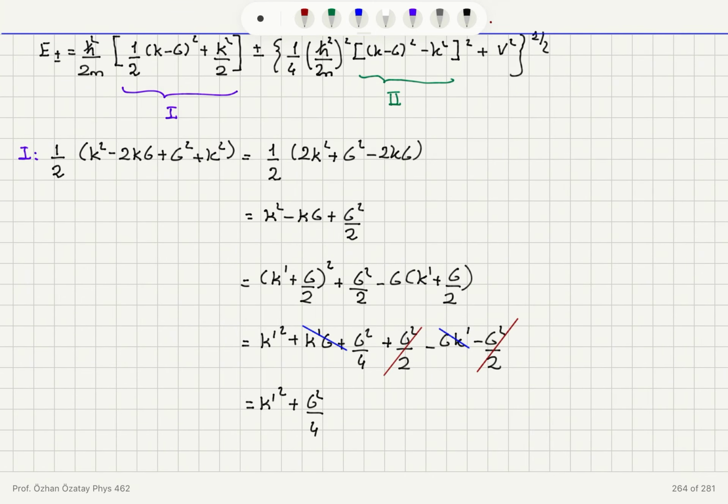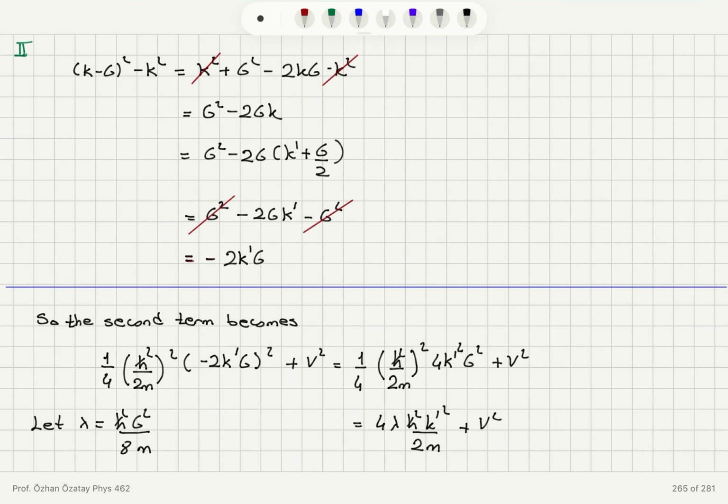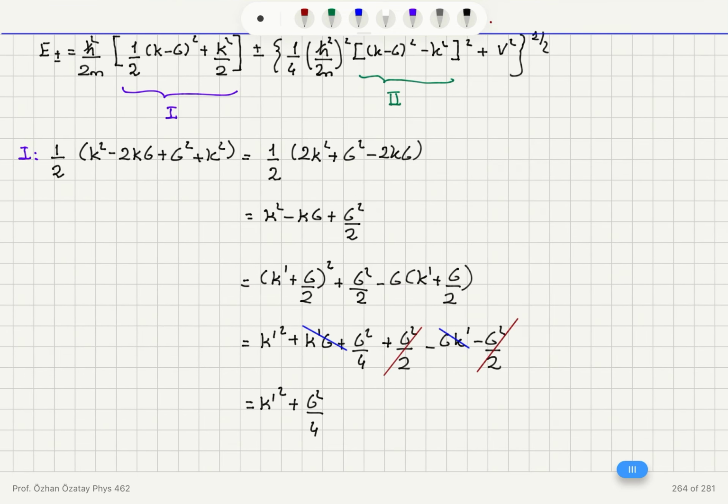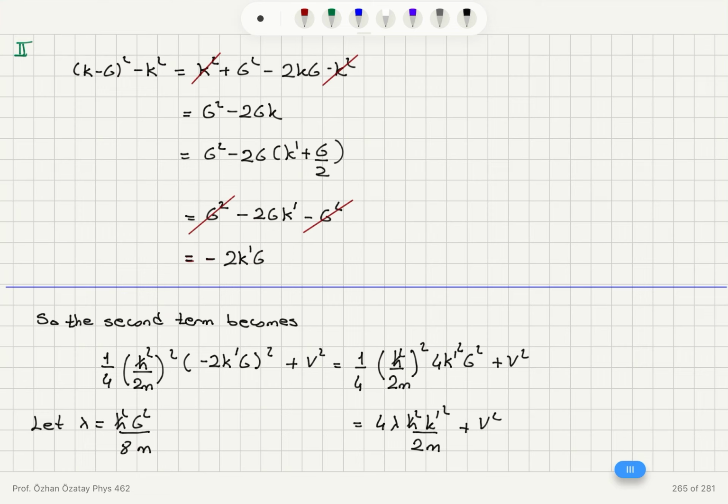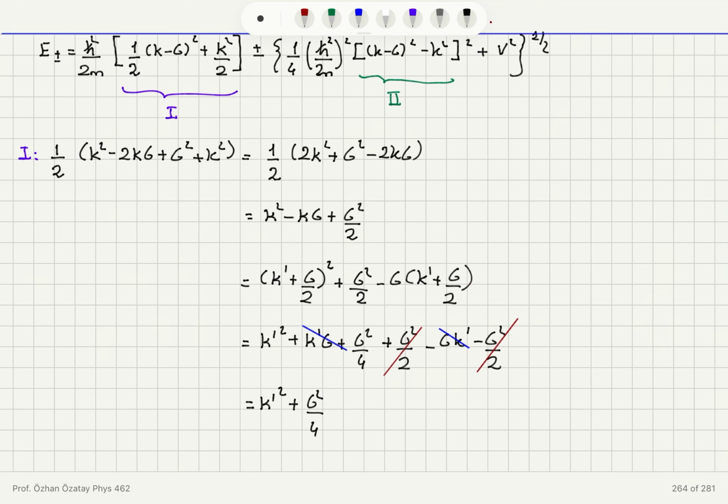So there's the square here, so it's going to be 4k prime square g square plus v square. So that's going to be in a square root. So this is going to be 1 over 4 for h bar square, h bar square over 2m. So I have h bar square k prime square over 2m